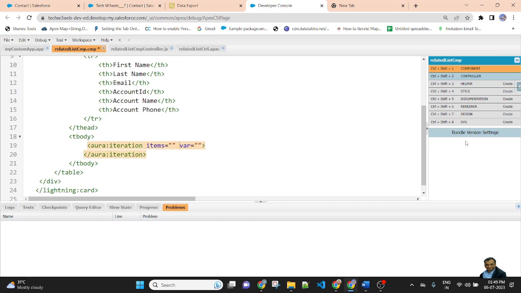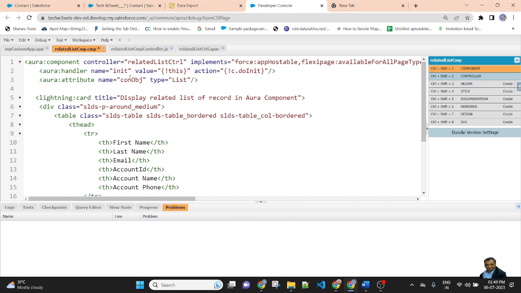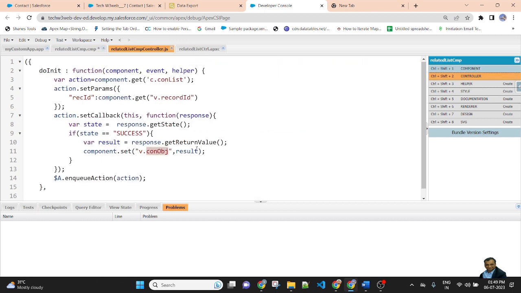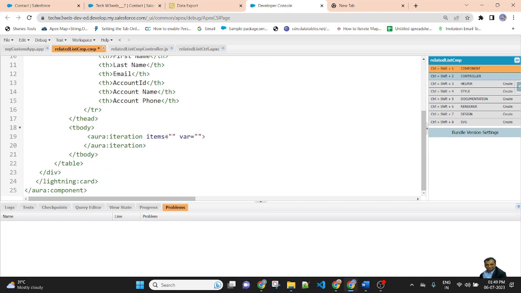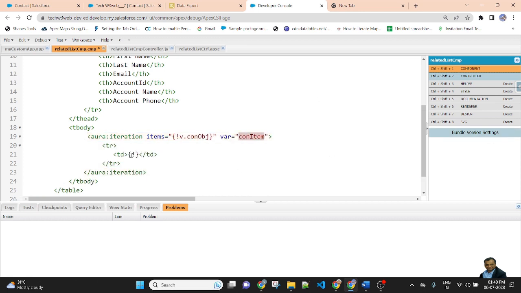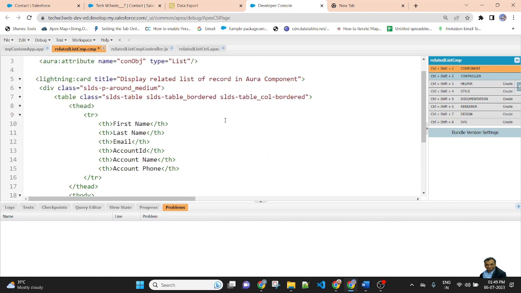In the items we will pass this object, because this attribute holds the returning value. Component set this object. So this object holds the returning value of the class method. So this name will pass in curly brackets, item dot first name.